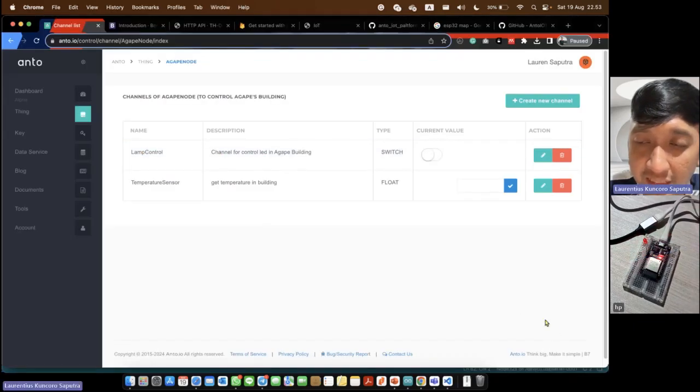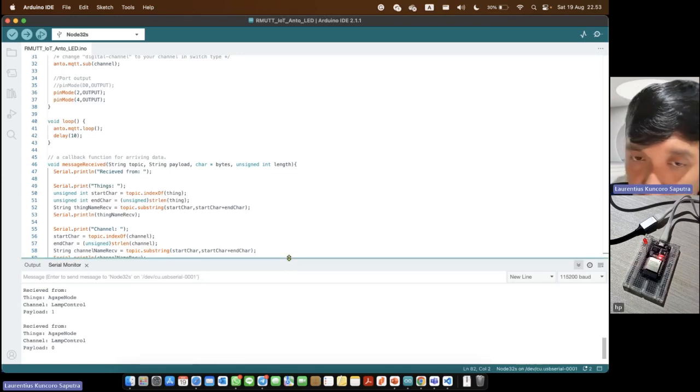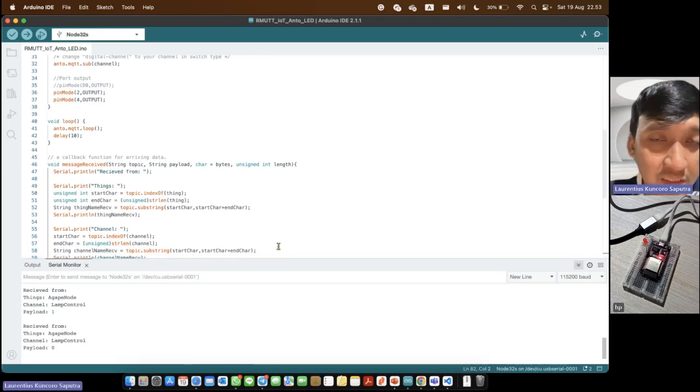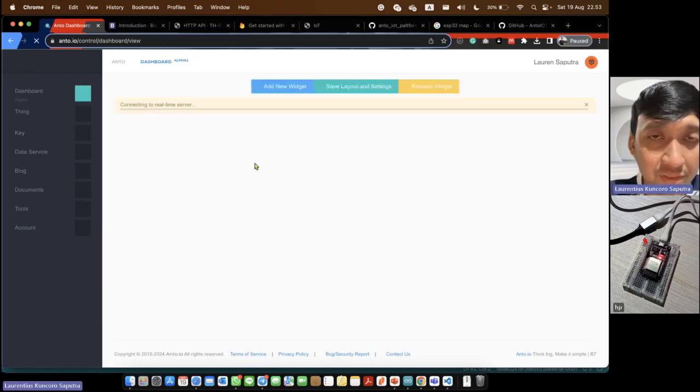Okay, the red light is already off, and we also get the command data from Anto to turn off the lamp here. In this step we already succeeded in controlling the LED using the Anto dashboard. In Anto we can also add dashboard widgets here.